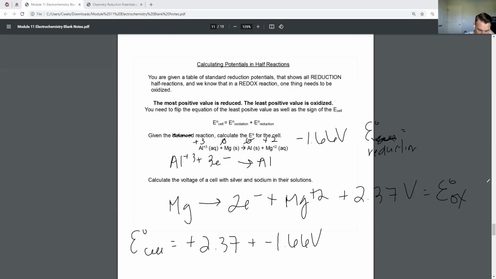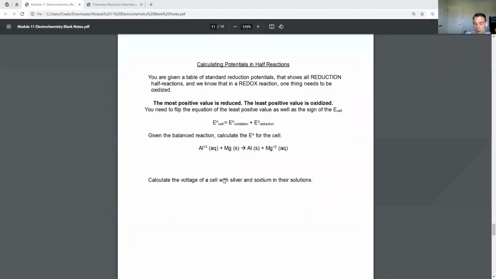You do that math and you get 0.71 volts. So that's how much potential electrical voltage will happen when you build this galvanic cell. Okay. So this question was easy because it told us which one was being oxidized and which one was being